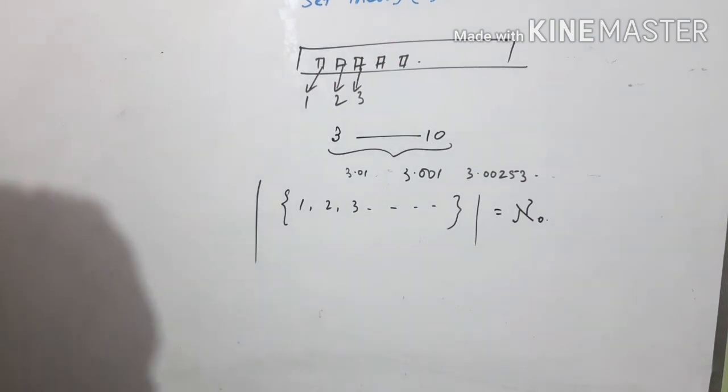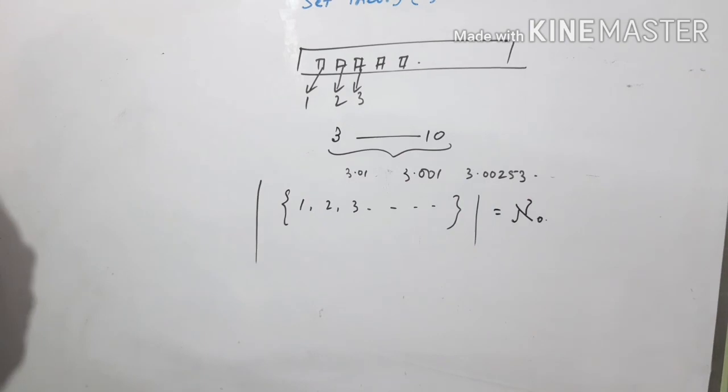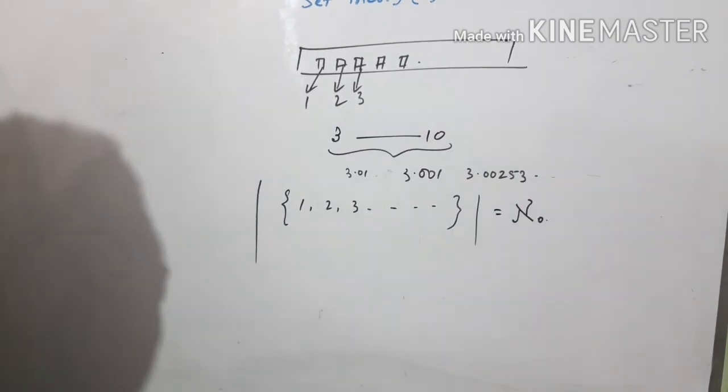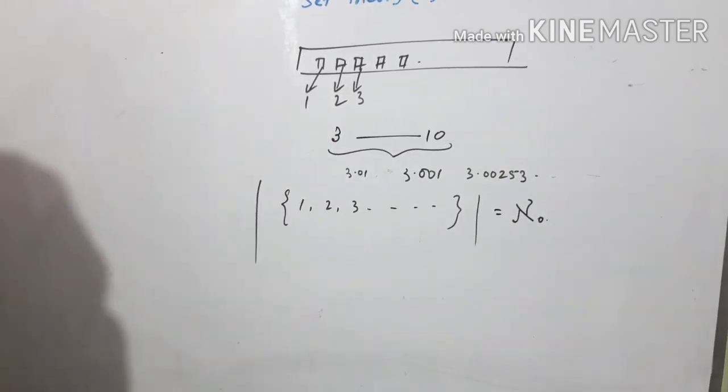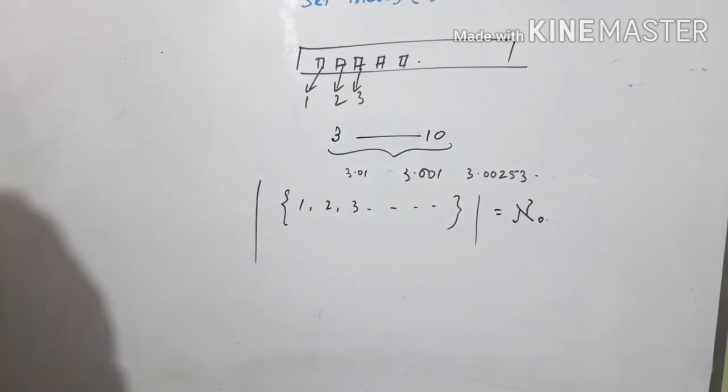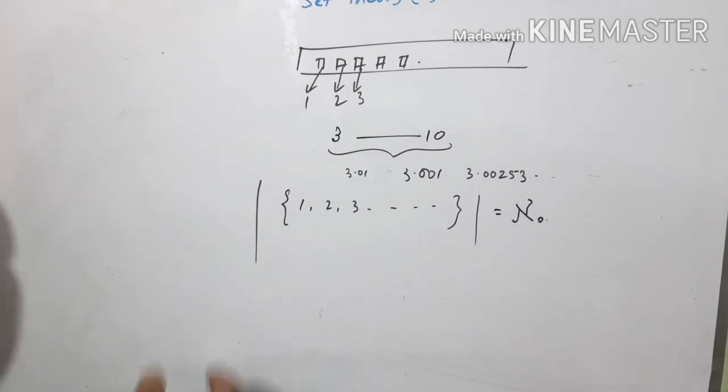The set of natural numbers has cardinality equal to Aleph null, and if any set has cardinality greater than Aleph null, then we say that the set is infinite. So the set has infinity as its cardinality. So there are three types of cardinality: less than Aleph null, equal to Aleph null, or greater than Aleph null. Less than Aleph null is finite, then this one is exactly called Aleph null, and greater than Aleph null is infinite. In the next class we shall consider some questions based on today's theory.